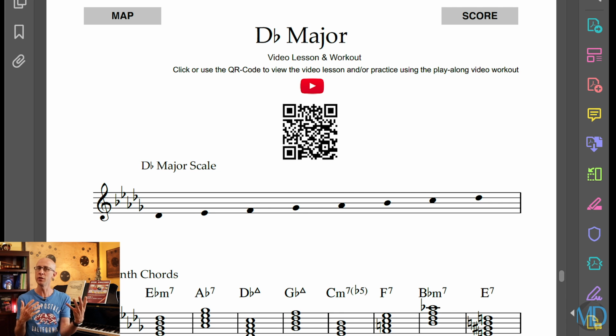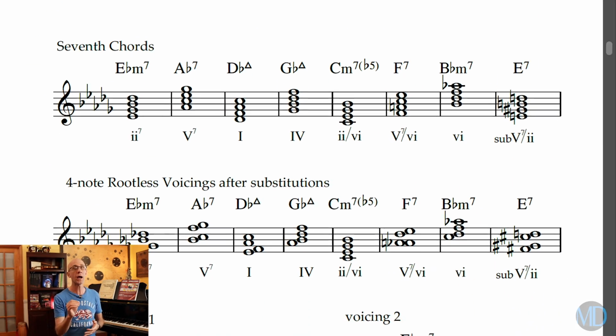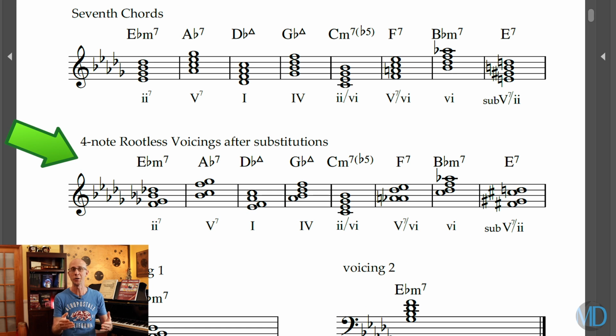Play it a couple times if you need to, and then next, practice the progression using the 7th chords in root position provided here. Now, it's a good time to view the lesson. We'll explain the substitutions on each chord for their current key and consider special cases on each key. If you're familiar with music notation, you can practice the substitutions shown here.